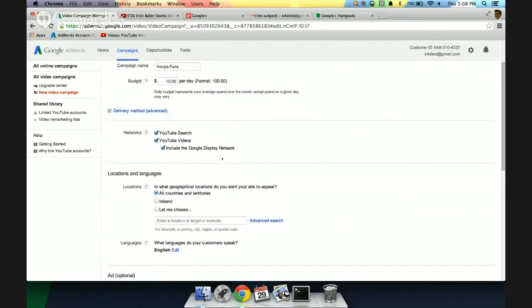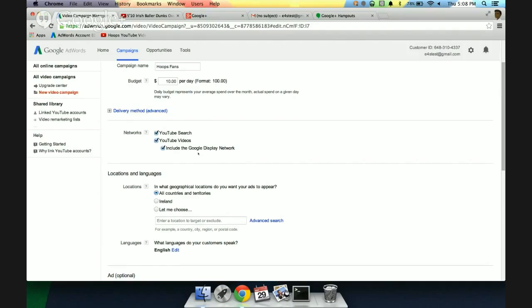The 3 are YouTube Search Network, which includes results for search queries and making sure that you've got the in-display video ads, which we'll take a look at in just a second. Then you've also got the YouTube Videos Network. That is channels and videos on YouTube or embedded videos, and these can run both the in-display and in-stream ad formats. And then finally, you'll see here we've got the Google Display Network, a collection of websites that partner with Google, YouTube, and other specific Google properties. So we'll talk a little bit more on that, and also you'll see some more information at the end